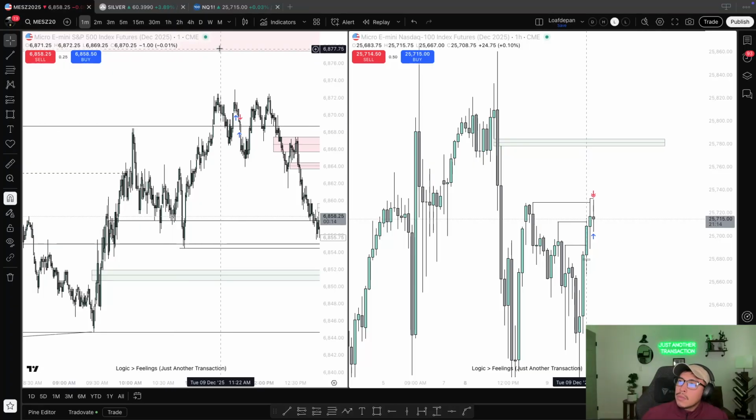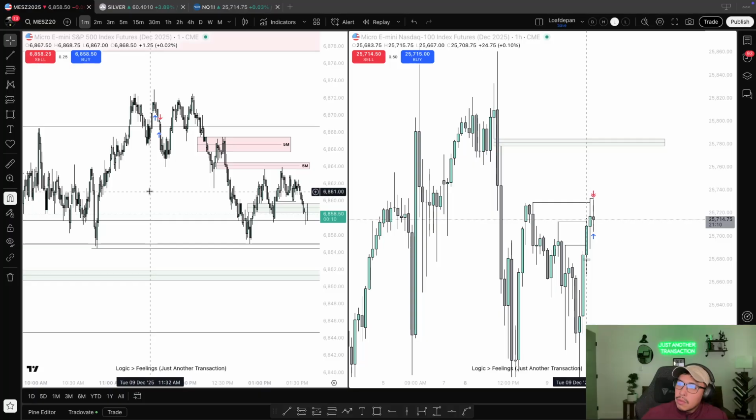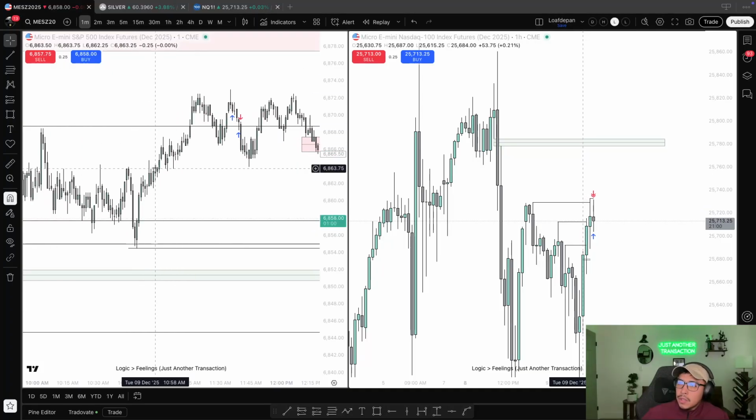I would have left a runner for the SIBI, probably would have got stopped out break even. I probably would have trailed my stop below these lows, and then it would have come close, almost worked out again, probably trailed my stop there, and then it would have got stopped out break even. So at the end of the day, this trade would have been really, really good. This is probably the best trade I wanted to take today, but I did not get filled again because I